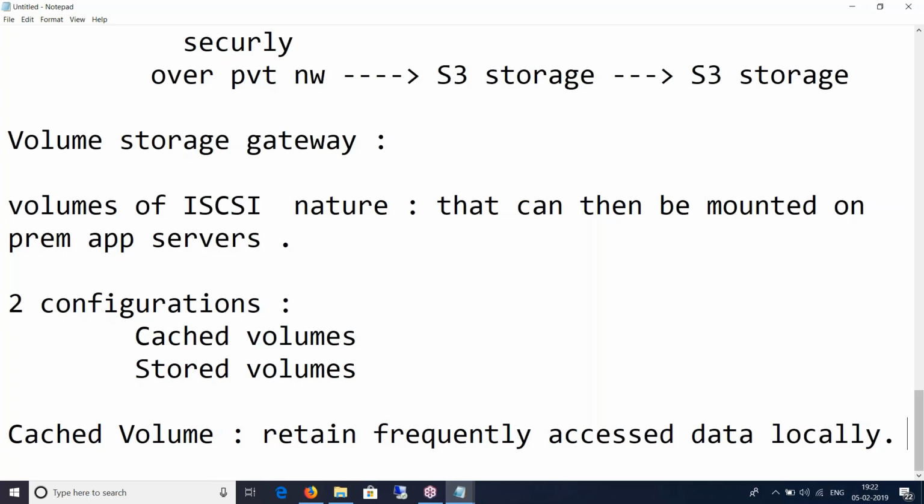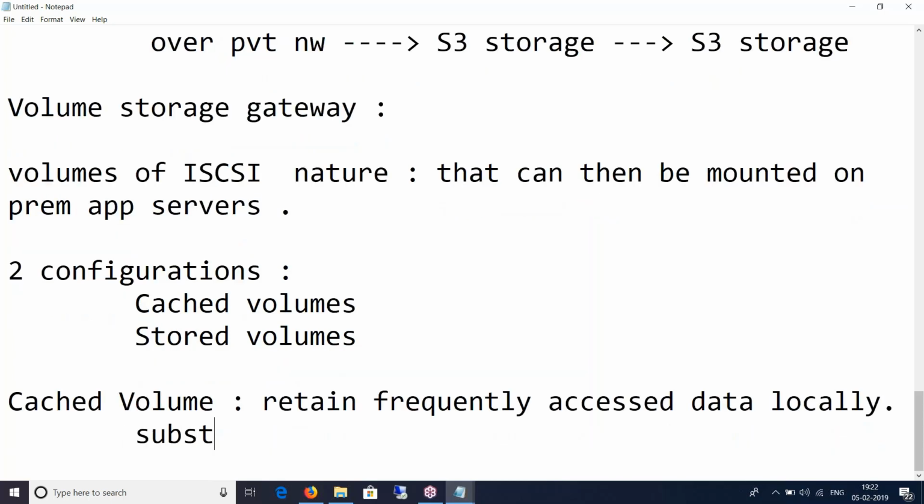Creating a cached volume will offer you a substantial cost saving as well, because your primary storage is still in the cloud, but you're increasing the performance because your cache is somewhere local. Frequently accessed data is stored in local data centers, and that minimizes the need to scale your storage on premise.